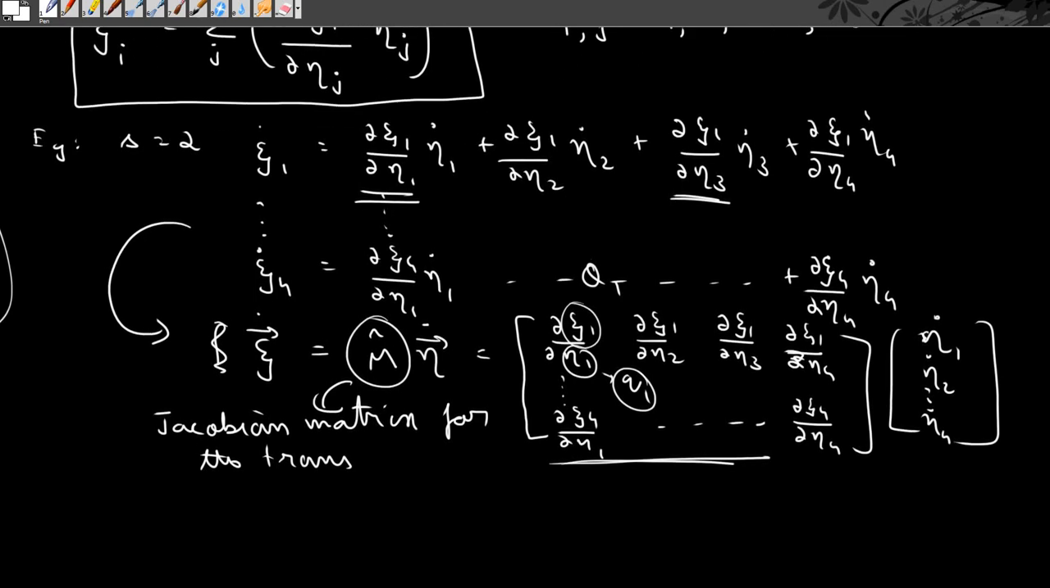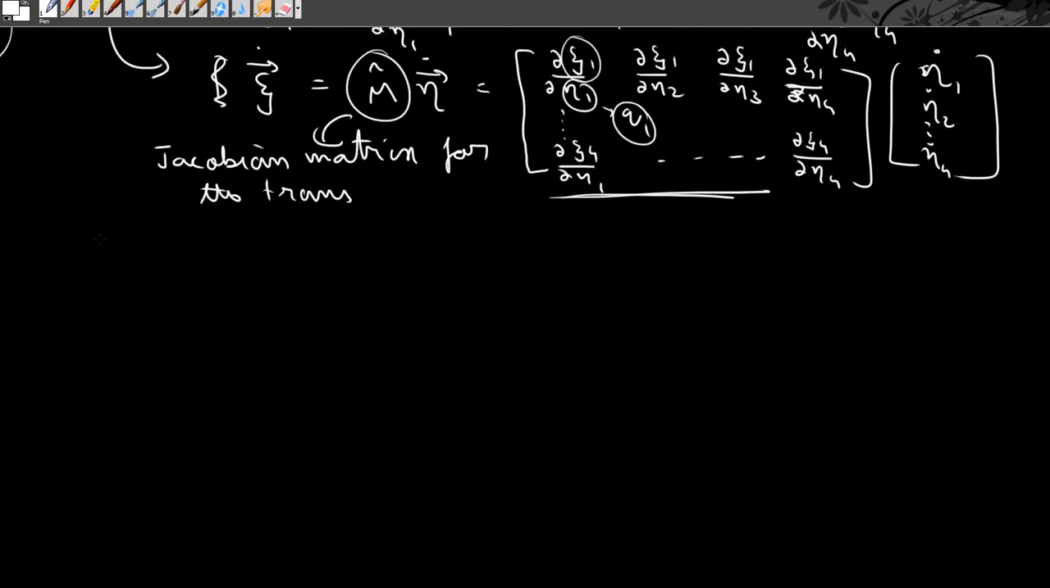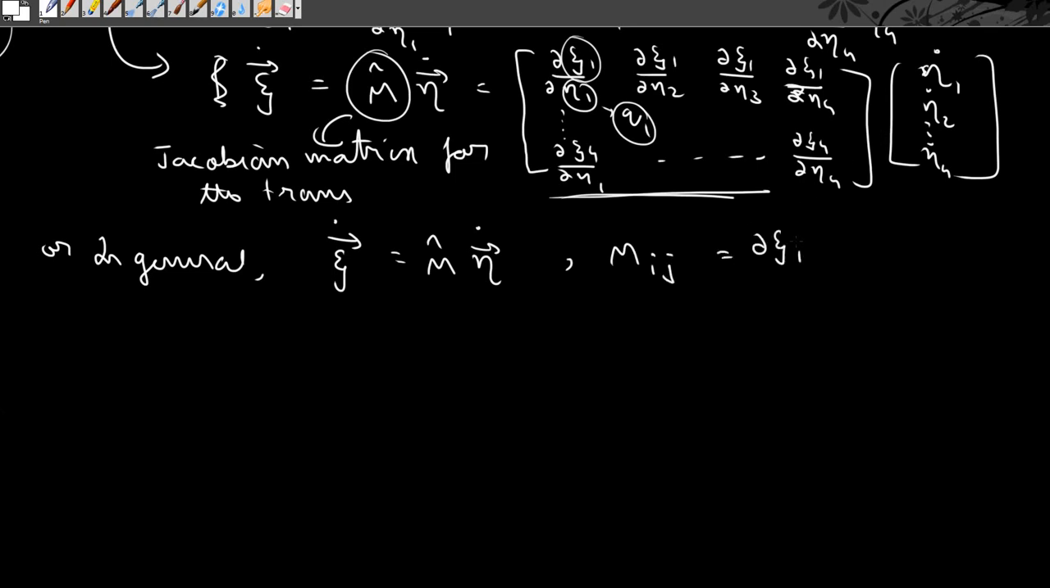So in general, we can write psi vector dot equal to matrix M times eta vector dot, where the matrix element M_ij is given by dou psi i by dou eta j. And this matrix is called the Jacobian matrix. All right, now